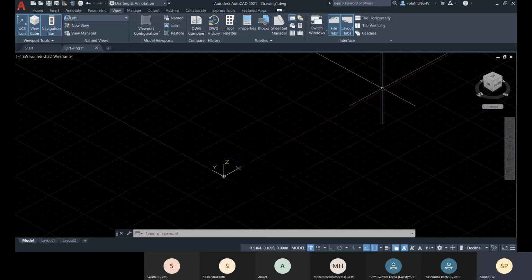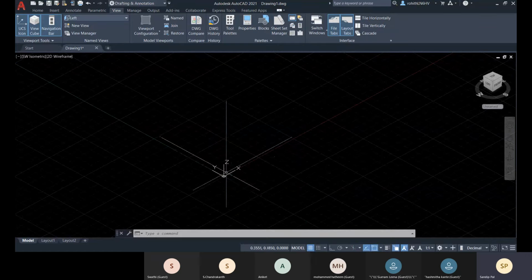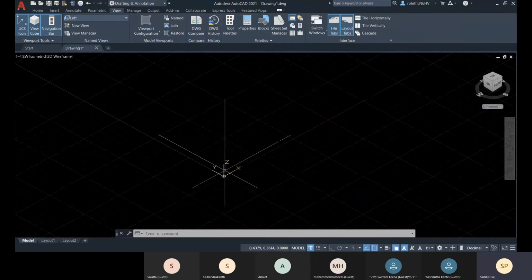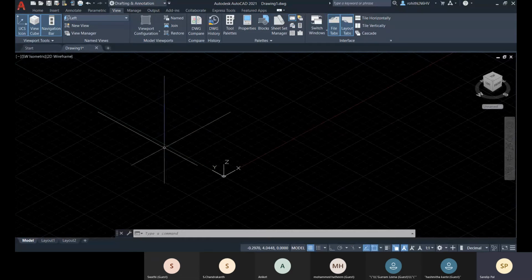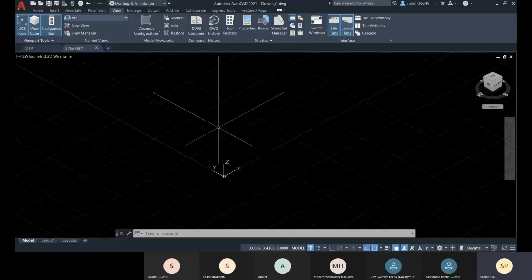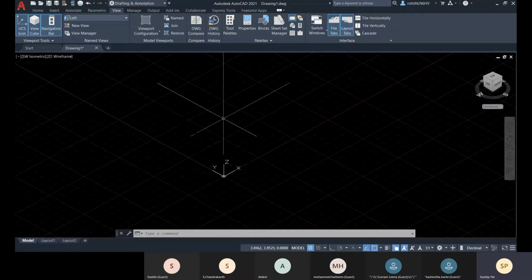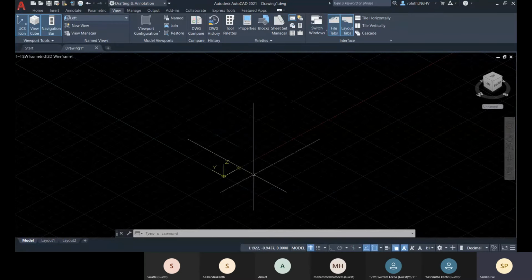The red is your x positive direction, green is your y positive direction, and this one is blue. You see that my crosshair has changed when I'm in this 3D view. So the crosshair is representing your three dimension as well. So the blue direction is your Z positive direction.